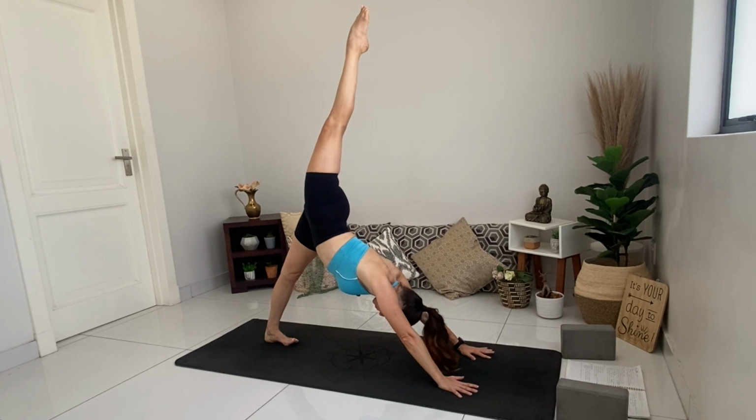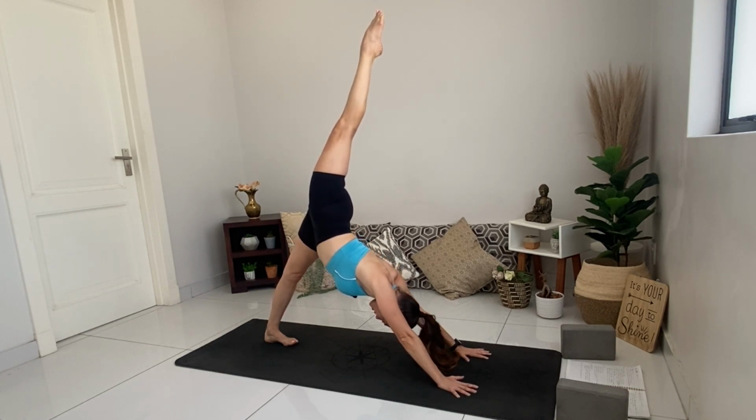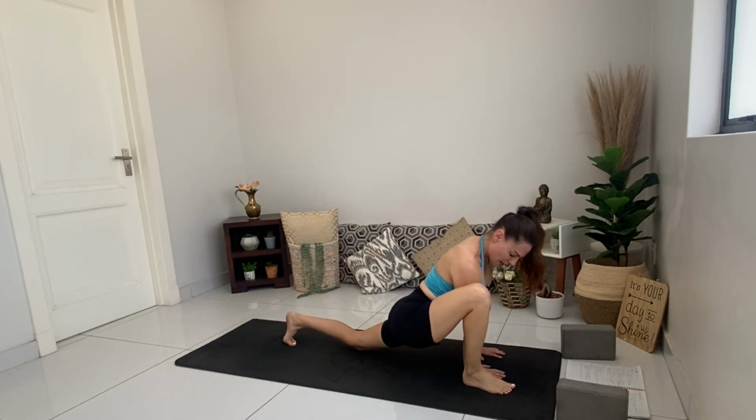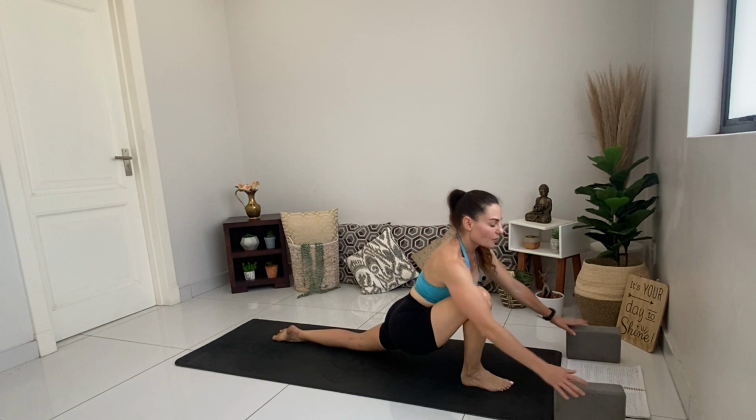And let's do it with the right side, lifting the right leg up into your down dog splits, trying to push the floor away from you, bring the weight into the heel of the bottom foot. And exhale, just stepping that foot forward into the outside of the hands and dropping down into a low lunge. You can be on your yoga blocks if you need some extra support there. Otherwise, we're reaching the arms up